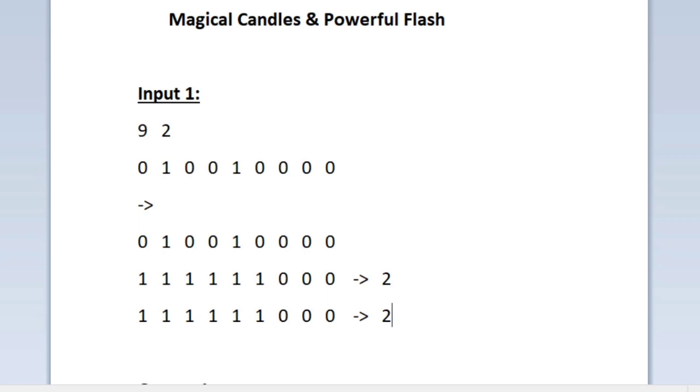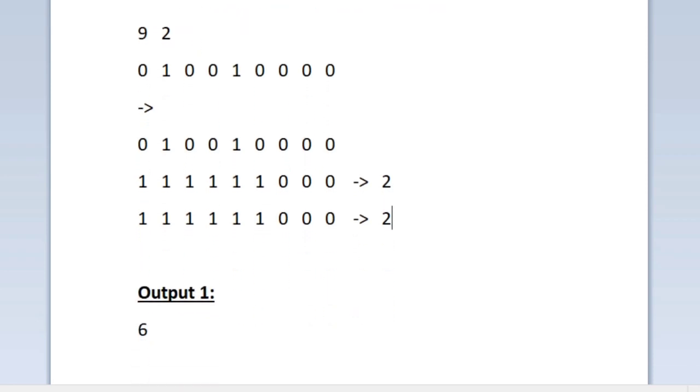So I am copying the current array and let us update it. So here most of the candles are turned on and the candle present at index 6 can be turned on because the candle present at index 5 is already turned on. And also the first candle is 1. So it can light the second candle as well as the last candle. Second candle is already lit. So the first candle can light the last candle. So we are updating the last integer to 1. So these are the candles that can be turned on in the second iteration.